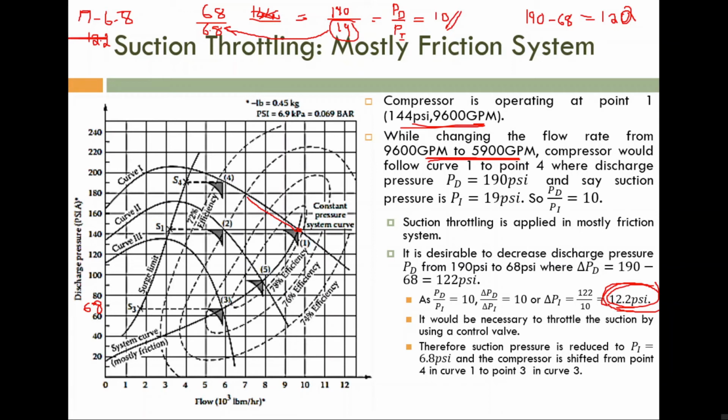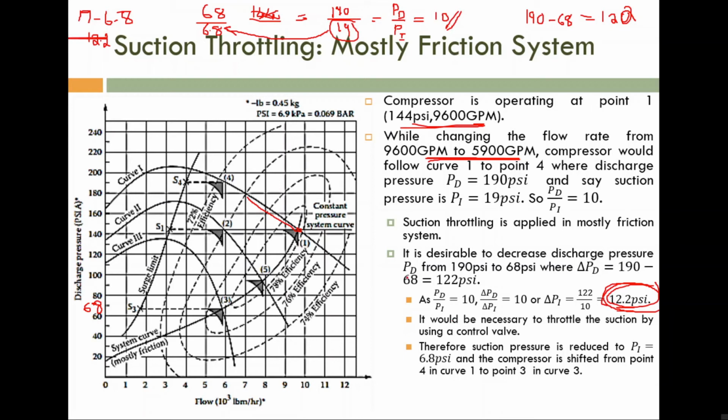Okay, so here you can see the rangeability is increased. The range of operation of the control valve is increased. The control valve operating from a particular point to another point is known as rangeability. And here what is the output? The output is varied from 19 psi to 6.8 psi, means the span of output is around 12.2 psi. In the previous case, that is around 5 psi. So the valve size required is increased. For the mostly friction system, the required valve size is more compared to the constant pressure case.